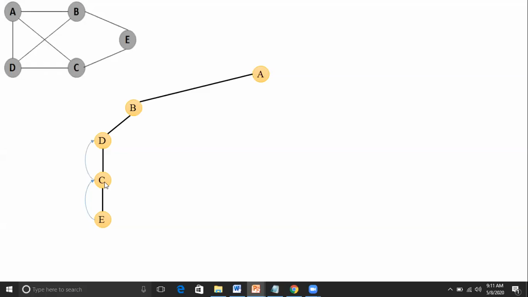Again, backtrack. Is the blue arrow line visible? Yes. So again backtrack. From D, do you have any other cities which are not visited? No, right? Backtrack. If you come back to B, you can visit D or E. You forget about this path now, since from B you have already visited D. Now from B we can visit E, isn't it?